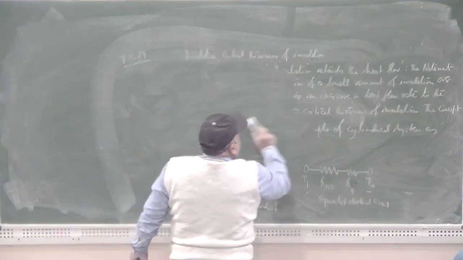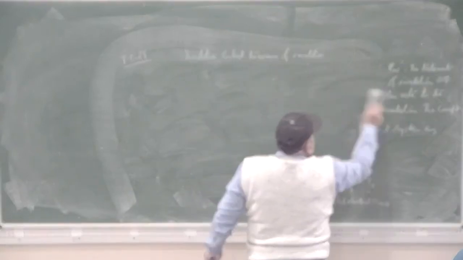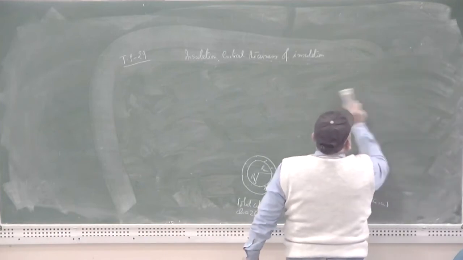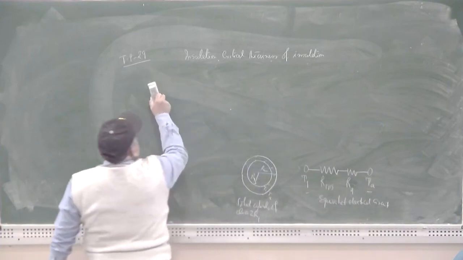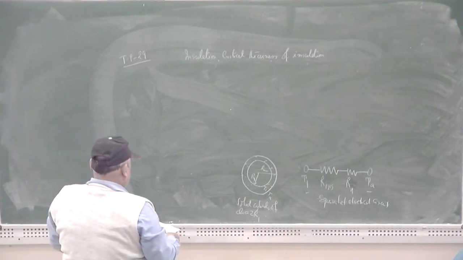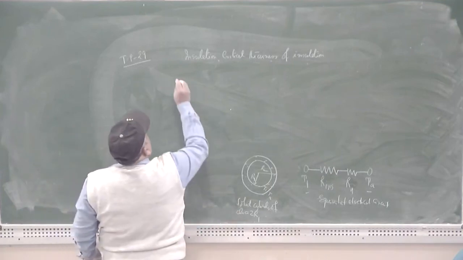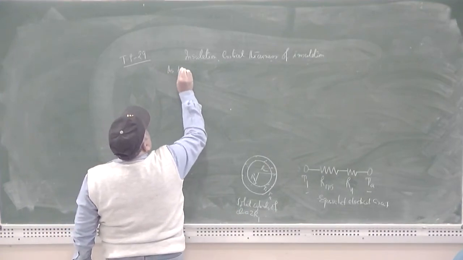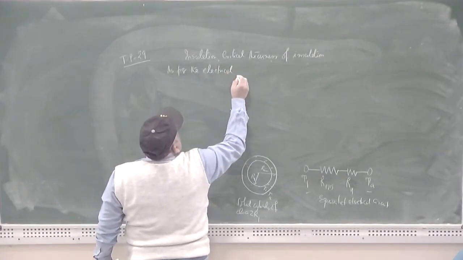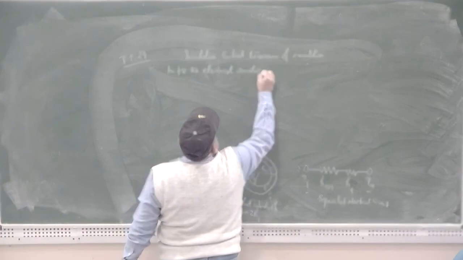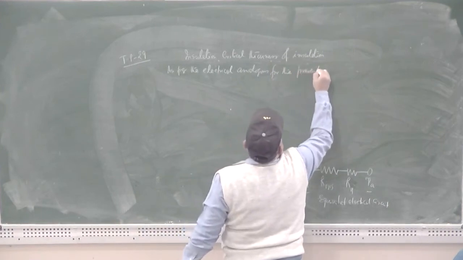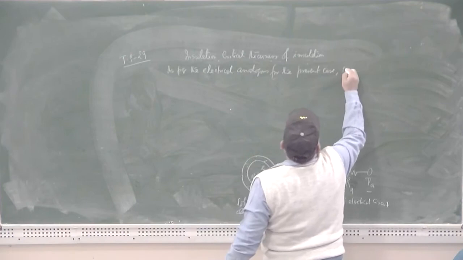Since this is the cylindrical system, applying the Fourier equation, we have determined the heat flow rate in these cases. As per the electrical analogy for the present case, we can write